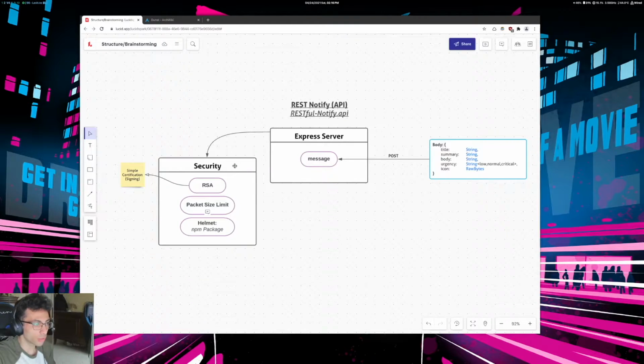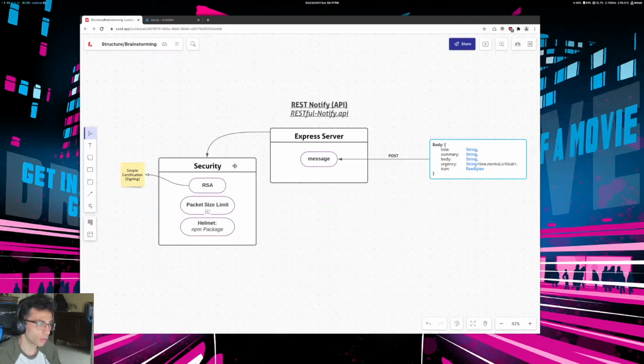And onto the security side. In order to not have anyone just bombard this API, it's going to use RSA to verify the user, or who sent it. The other device is going to sign the encrypted message and send it to the API, and then the API is going to verify that signature and look at its whitelisted devices that can issue notifications, and if so, it will issue a